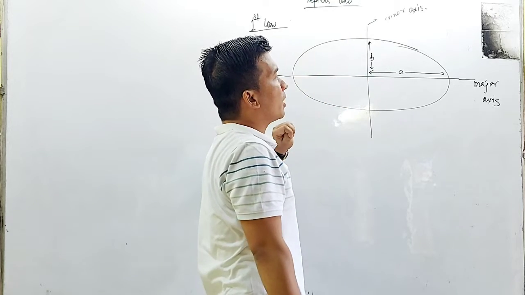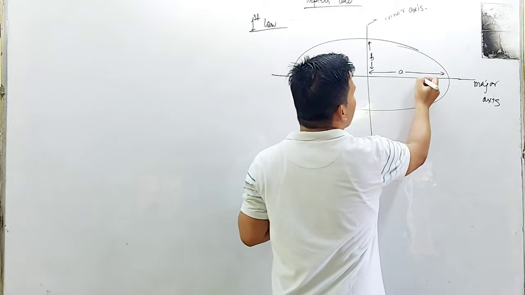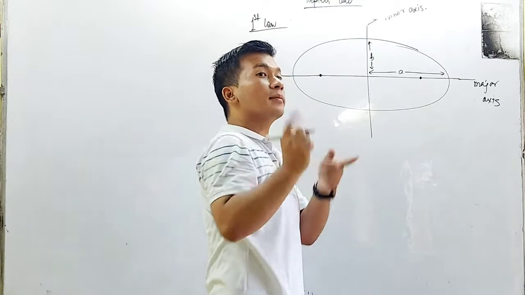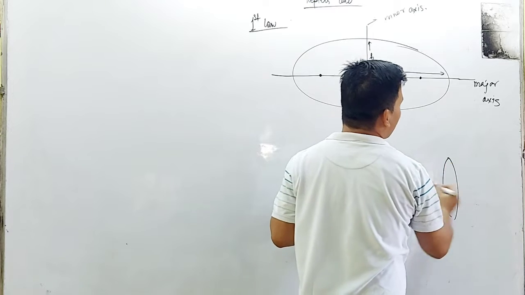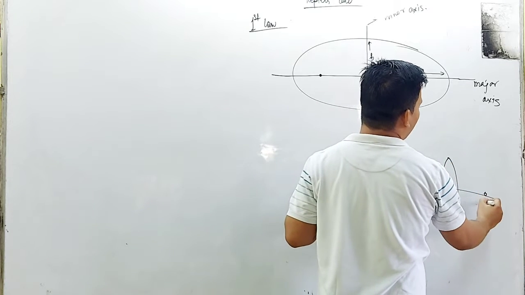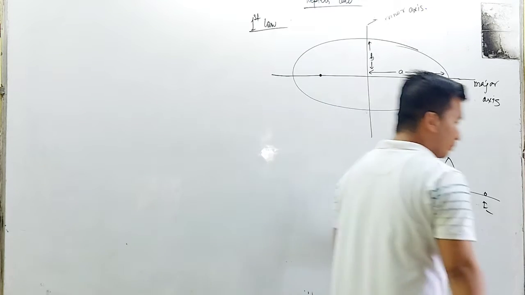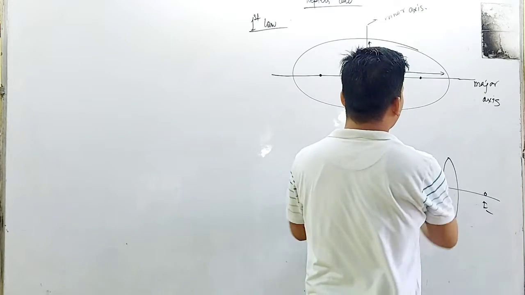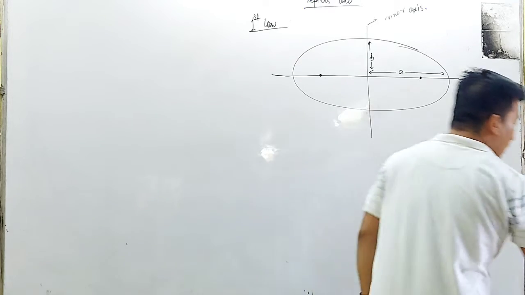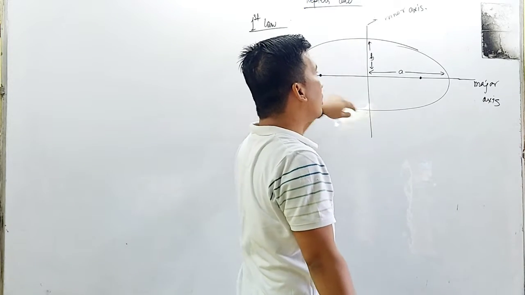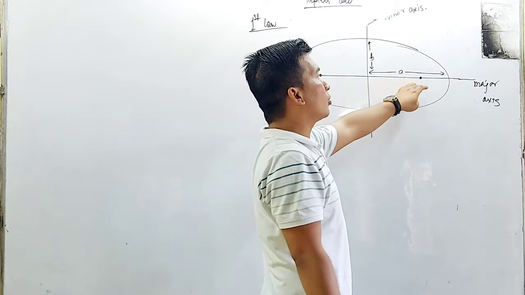For any elliptical orbit we will be having two foci, either here or here, just like the focus of a lens and focal length. This is F1 and this is F2. In simple statement, every planet will be revolving round the sun in an elliptical orbit provided that the sun must be located at one of the